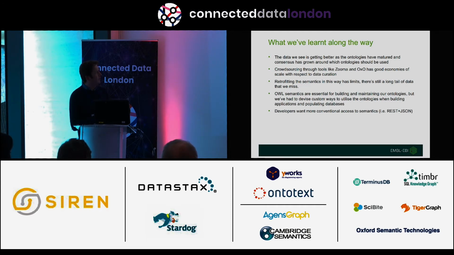I think we've pushed quite hard on how far we can use OWL and OWL semantics, and this is really essential for how we build and maintain the ontologies. All the ontologies that we develop are developed with OWL, and we really rely on the reasoners. We hope they continue to be developed because they're essential for building these ontologies when we're 30, 40,000 concepts in.